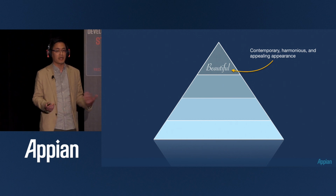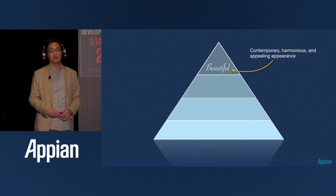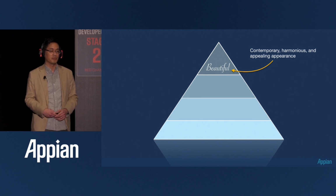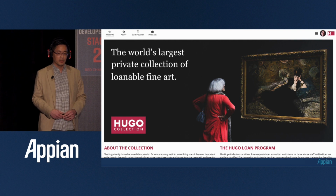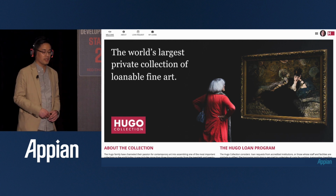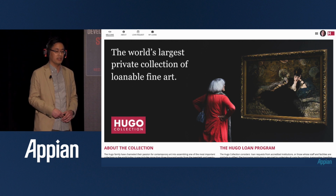Of course, as with every other app, it's assumed that it needs to be functional, it should be intuitive to use, it should be efficient for power users, but again, most of the time you also want to make sure that it looks great. So this is the UX that we prepared for her. The welcome page looks like it could be part of a custom web homepage. We're using colors, we're using brand images and photography just to convey the sense of the brand identity that the